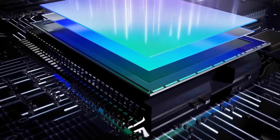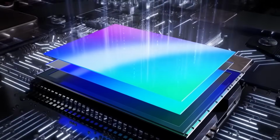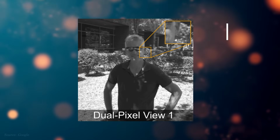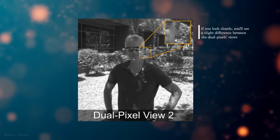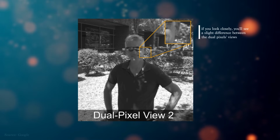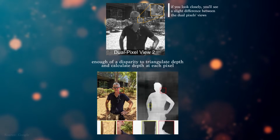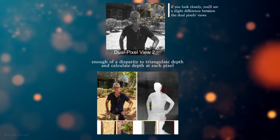And in the move to dual pixel autofocus, which is what the Pixel 8s have, every pixel on the image sensor is used for phase detection autofocus and contributes then to calculating phase differences and adjusting focus. So on the front-facing camera image sensors on the newest Pixel phones, every pixel has both a left and right photodiode, and these dual views, even though they're only fractions of millimeters apart,